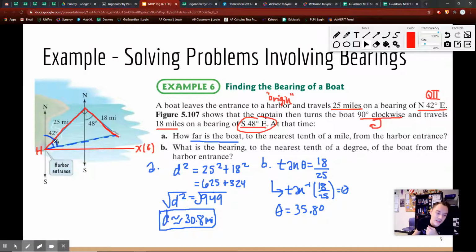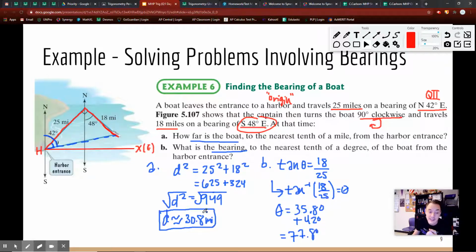I can't just have that little bit. I don't care about that little bit. I need this whole thing because that's what it's asking. What is the bearing from the boat to the harbor entrance? So I need the whole angle in order to find the whole bearing. So I need to plus that 42 degrees. And so now what I get is equals